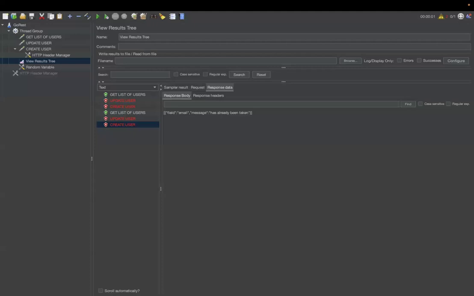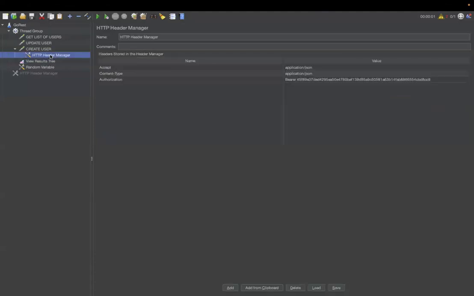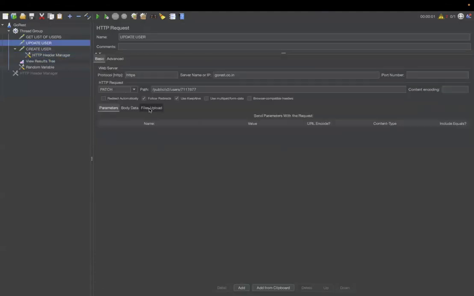That's your create user. From the screenshot I'm looking at here, your sampler looks good. Your protocol, your server name, and your paths look fine, but I can't see